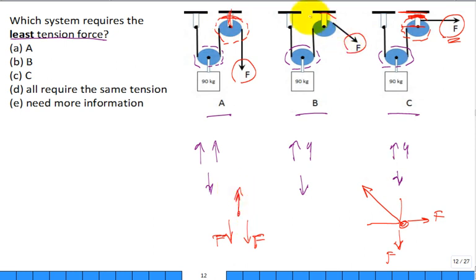Then we go do this one just for completeness. Free body diagram, we have the force tension down, we have a force tension off in this direction, and you're going to have something like that. It'll have some significant lifting as well as some holding back in the X. Did that make sense? So which one has the least tension force? It's all on the first or the lowest pulley that really helps you. And the best answer is,